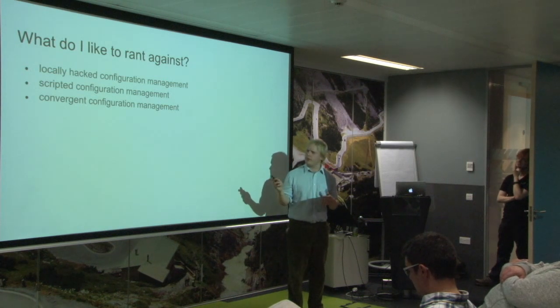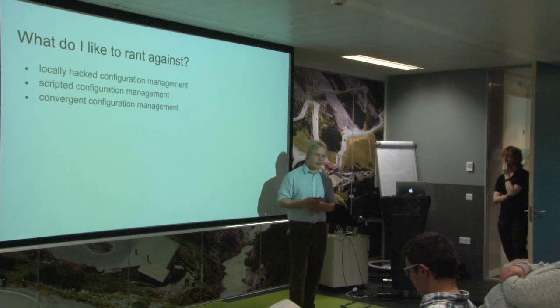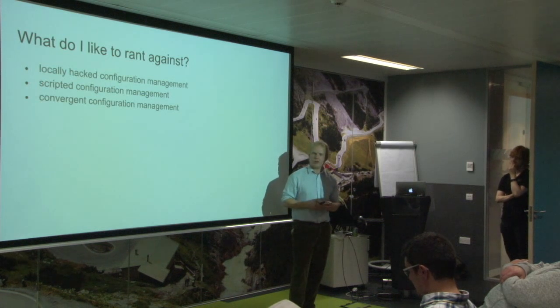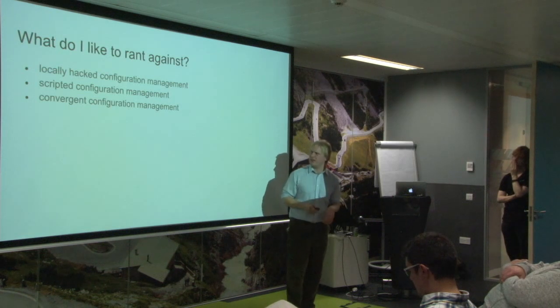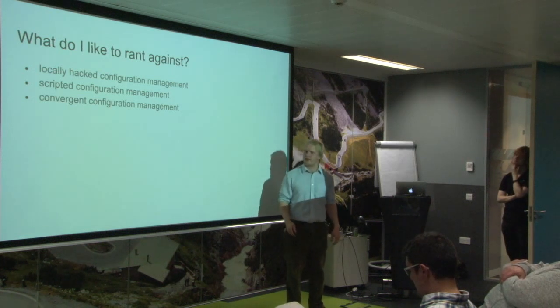I find convergent configuration management is kind of like working with a number system and not really knowing what zero is. And you can do, I'm sure, lots of clever things with deltas, but you're working on this base and it's a bit mushy. And, I don't know, it's pragmatic, I guess, in some cases.